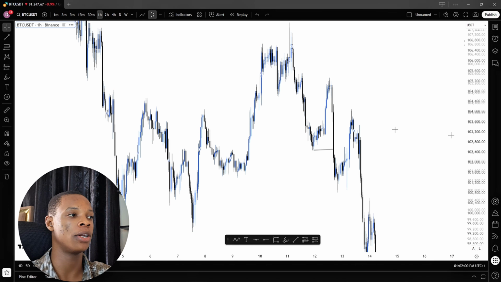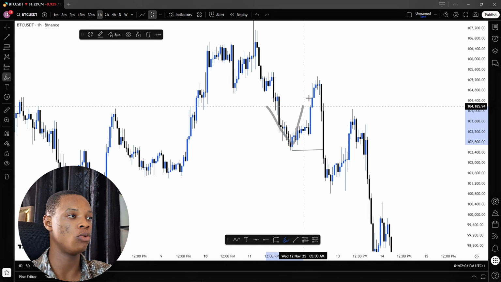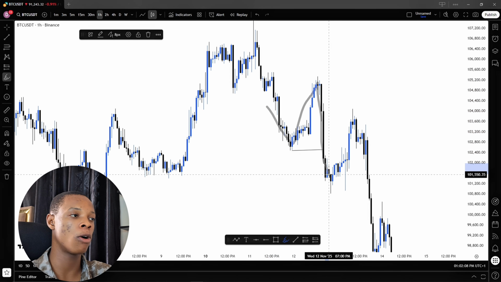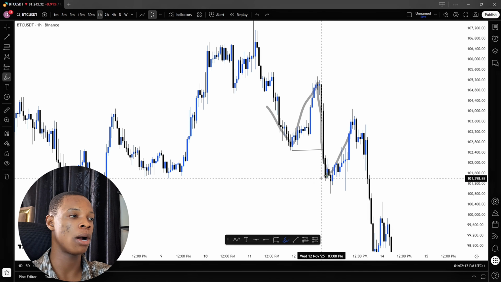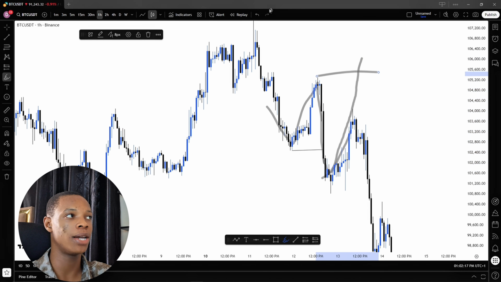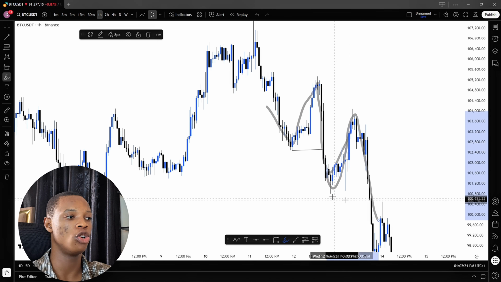Right? This is a low that the price created right here, and then it broke past that very low. A low, price went up, coming back, then it broke past it. It didn't break to the upside. Now, on coming back up, it created this new low, right? What happened? It came back up. On going back up, it didn't break to this upside. It didn't break this high, but rather it went back down to break this very low, showing that this market